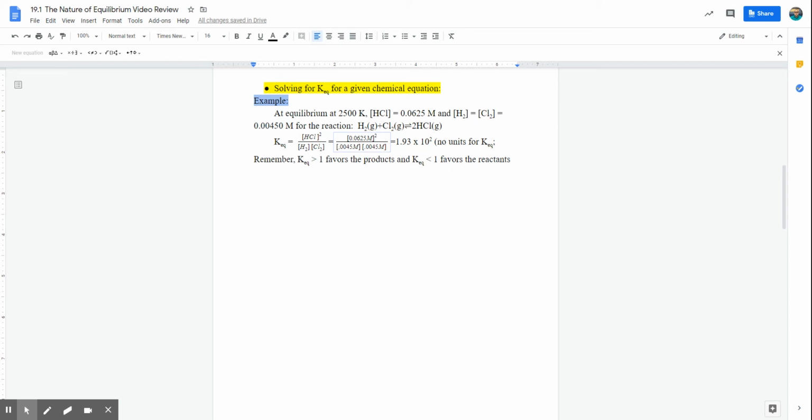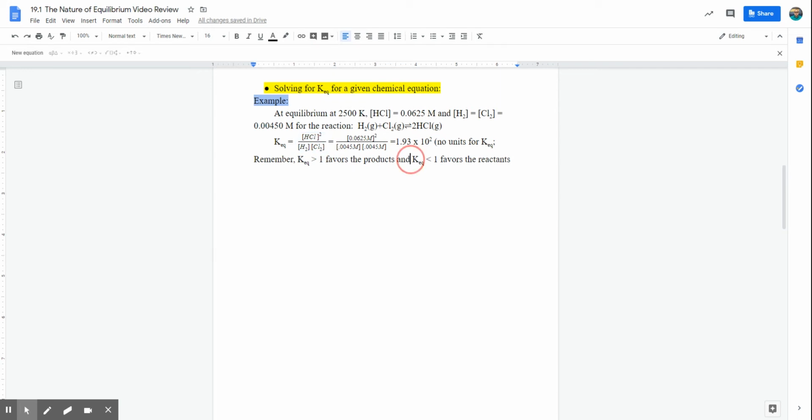Then you'll also want to remember what a value that's greater than 1 versus a value that's less than 1 means. So a value that's greater than 1 favors the products, which means that this reaction favors the products. So if you take hydrogen gas and chlorine gas, mix them together, it's going to favor making hydrochloric acid. But the reverse reaction, so if you were to put the concentrations and you were to take this and flip it,